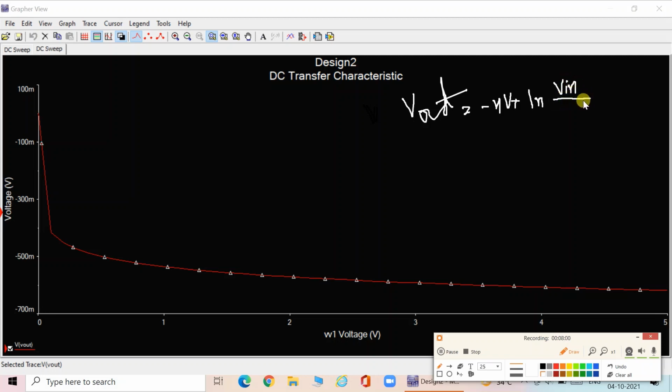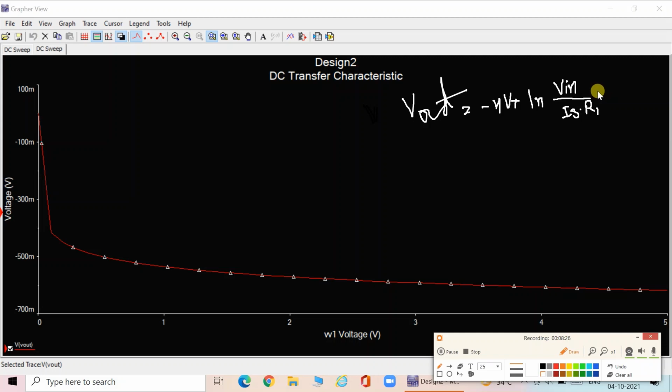by Is into R1. This R1 is the resistance between input to the virtual ground. Now whenever we are taking V out, this particular Is and R1 come into the picture. So I want to make it independent.